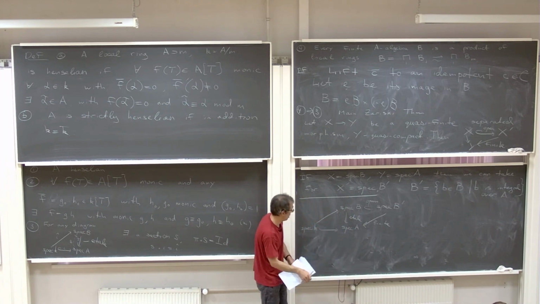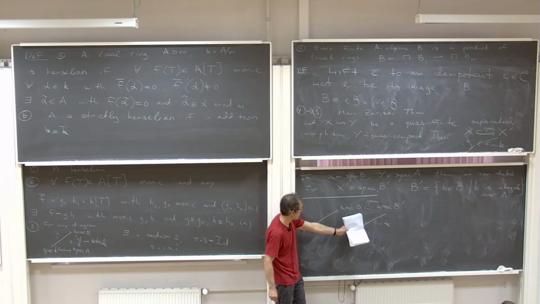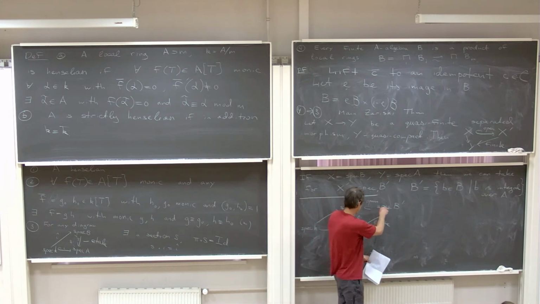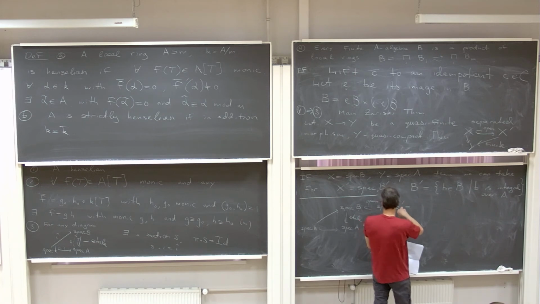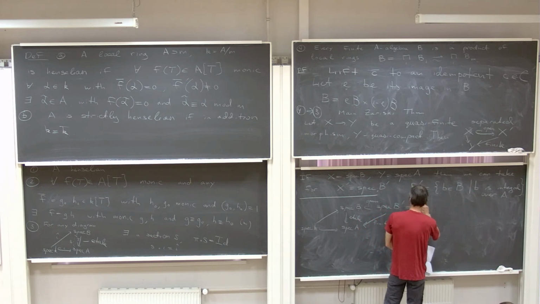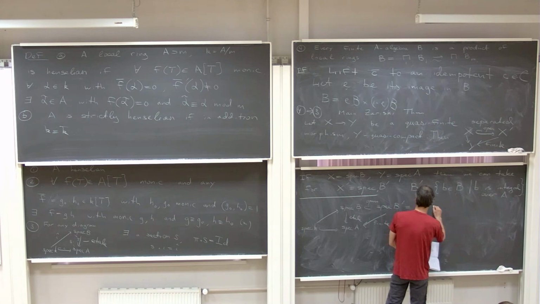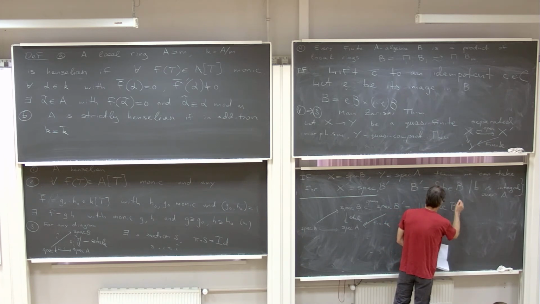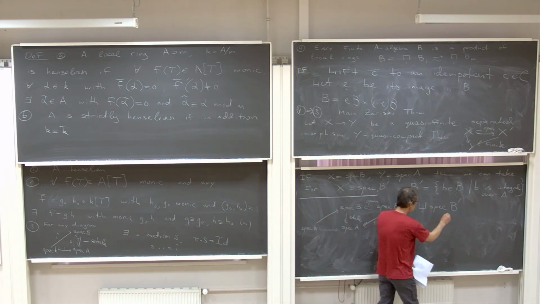So now I can decompose these into a disjoint union, a disjoint union of Spec B_i,